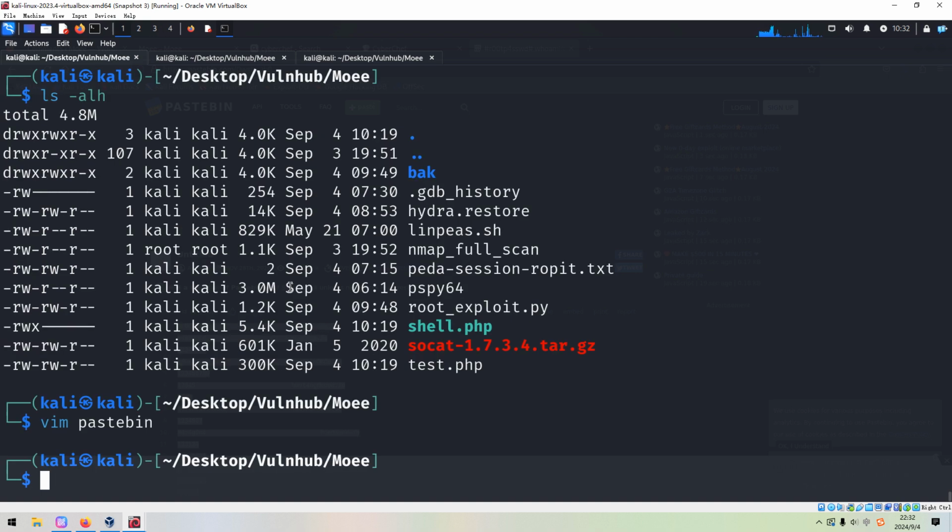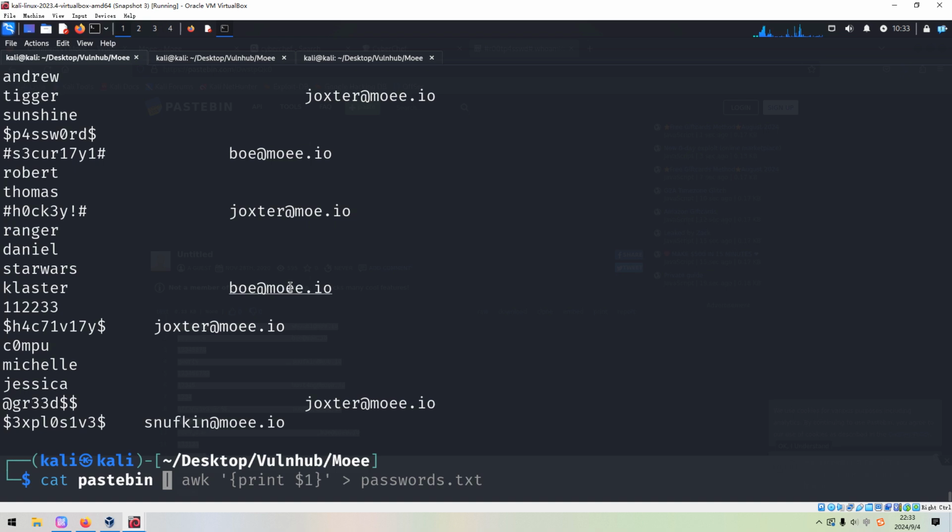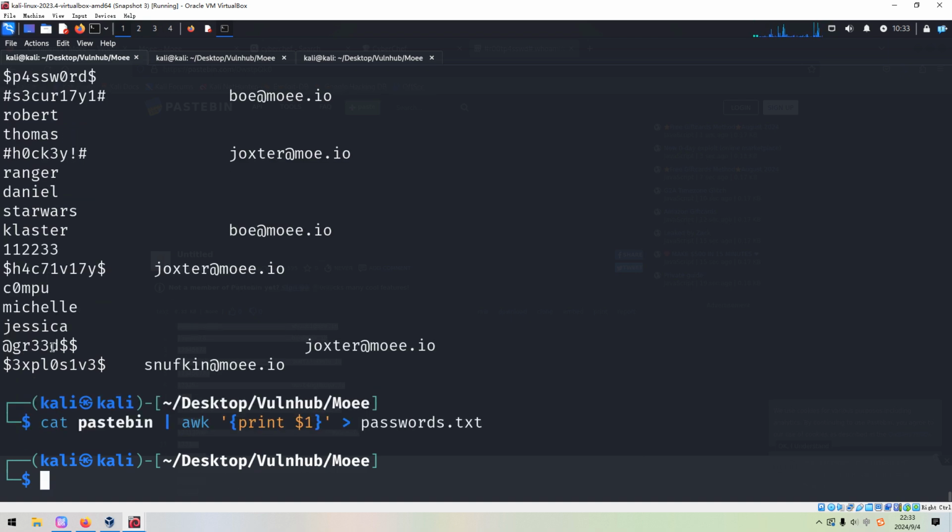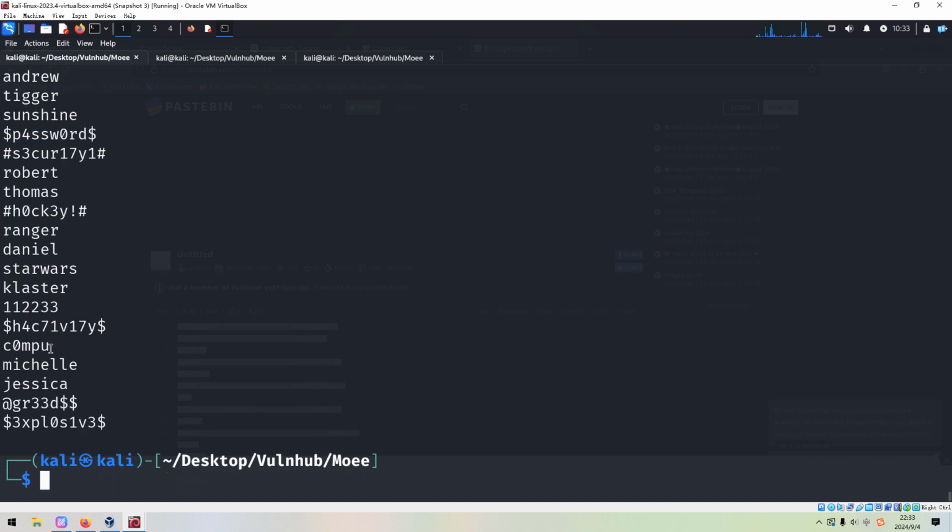This would be very easy. We can use cat and we can use awk, and the first column should be the password. And we can cat out the passwords. As you can see now, this is a clean word list.